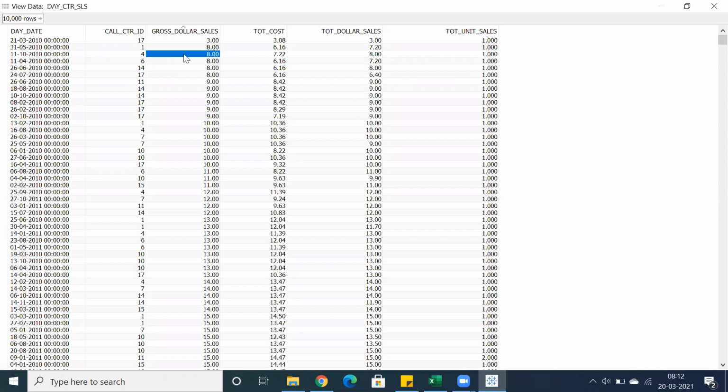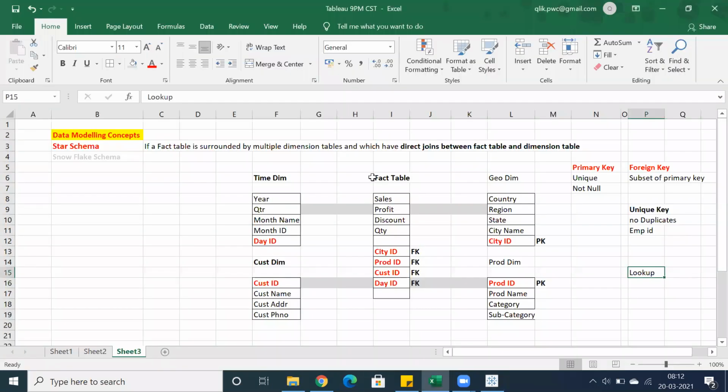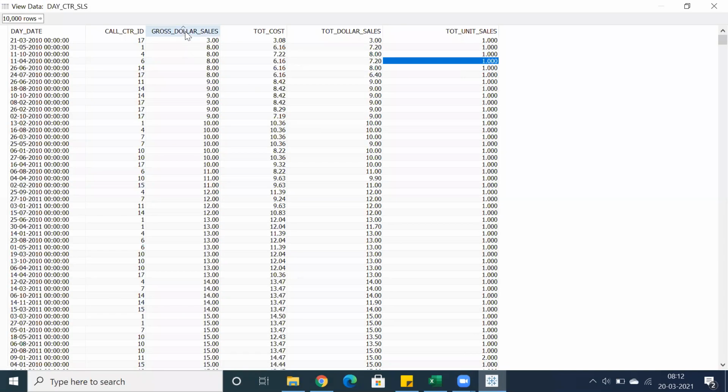So let's consider this as sales, profit, discount and quantity, as I said. Just relate to this. This is a fact table. We have facts like sales, profit, discount. This is a sales fact table, with sales related information: gross dollar sales, total cost, total dollar sales and total unit sales.